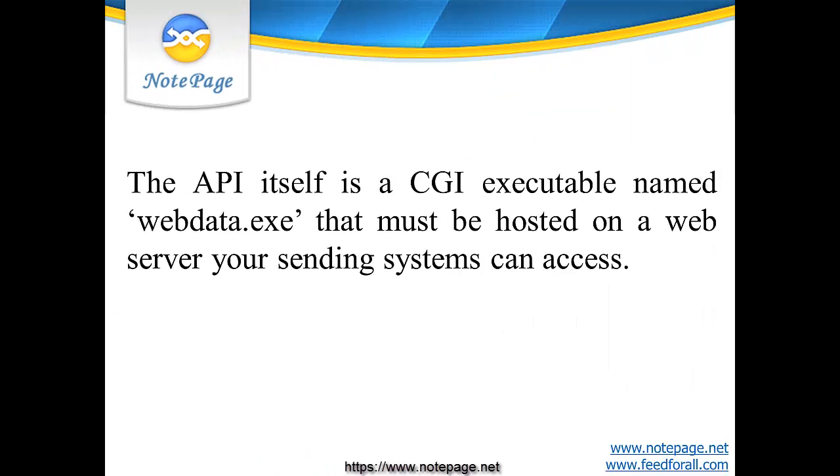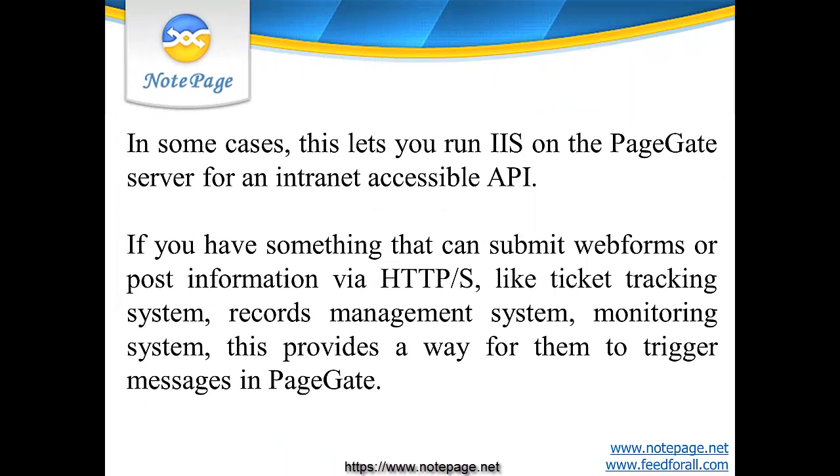The API itself is a CGI executable named WebData.exe that must be hosted on a web server your sending systems can access. In some cases, this lets you run IIS on the PageGate server for an intranet accessible API. If you have something that can submit web forms or post information via HTTP or HTTPS, like a ticket tracking system, records management system, monitoring system, and things like them, this provides a way for them to trigger messages in